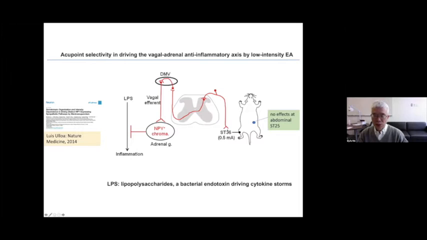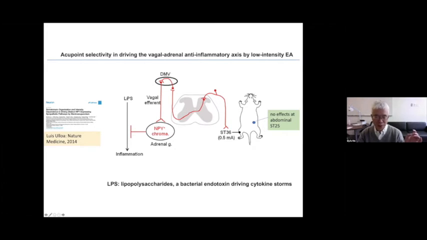You can drive the sensory pathway, sending signals to the spinal cord and the hindbrain, then generating vagal efferent output neurons, like parasympathetic efferent neurons. This efferent can cause the adrenal gland to release catecholamine